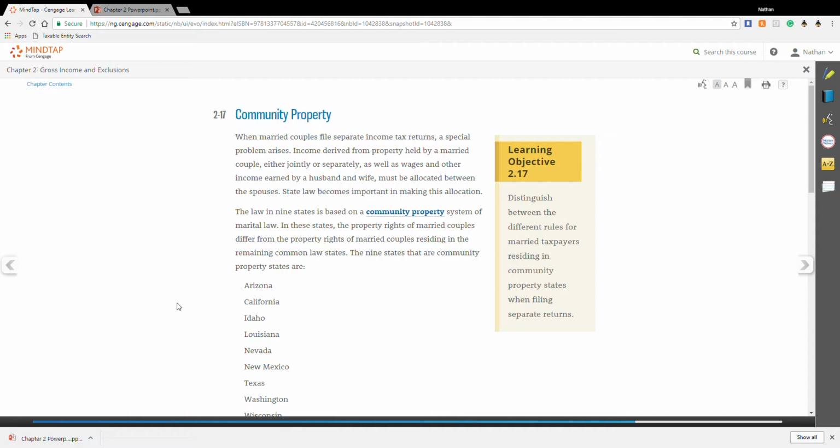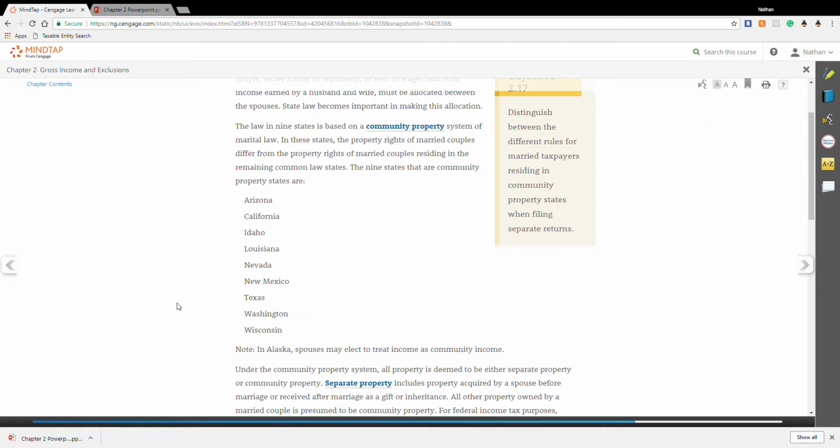When you file separately in these states, in a community property state, they still consider it 50-50. There's only certain things that can actually be separated. One is if you had property before you got married, that's still considered yours and you can file separate. Sometimes it's received as a gift or inheritance. You may want to file separate because of that, because you can actually separate that out in a